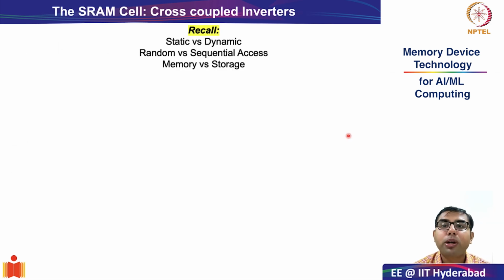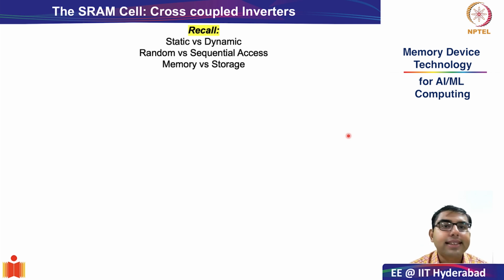Okay, with this perspective, let's now go into core technical details. In this slide, we will introduce for the first time the structure of the SRAM cell. But before we do that, let's quickly recall these terms which are used in the SRAM cell. First is static random access memory. So what is static versus dynamic? Remember, both SRAM and DRAM cells, which are used in caches and in the main memory, are essentially volatile memory, right? So if you switch off the power supply, the information is gone.